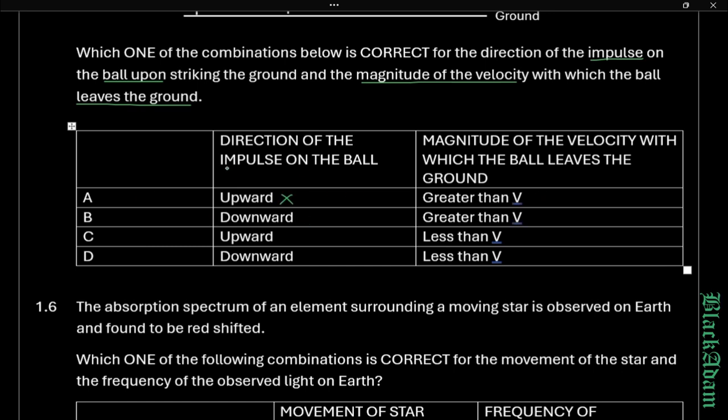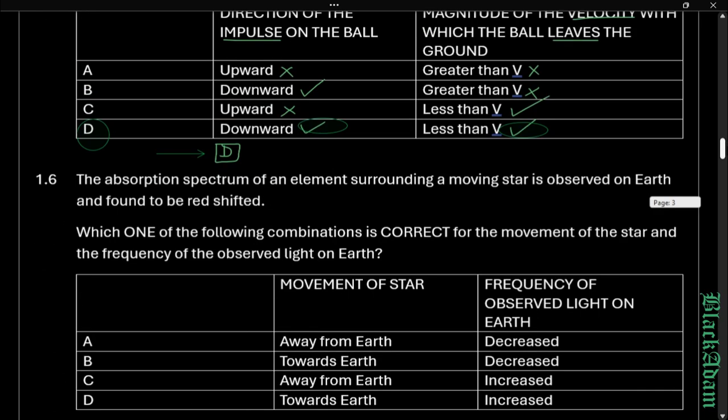Impulse as it strikes. It's wrong, down, wrong, greater, wrong as well, downwards, yes, greater, no, wrong, up, wrong, less, great. So our option is D. It's downwards and the velocity is less than the original one. So that's our answer. Then going to